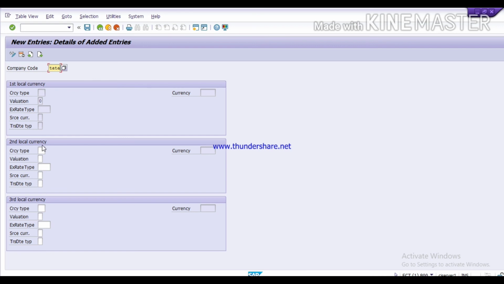So we can assign here the second currency or third currency as per the business requirement. You can assign here USD or whatever the company requires, a maximum of 2 more currencies. So a maximum of 3 currencies we can assign in one company code. As per your requirements, you can assign here and just click on save.